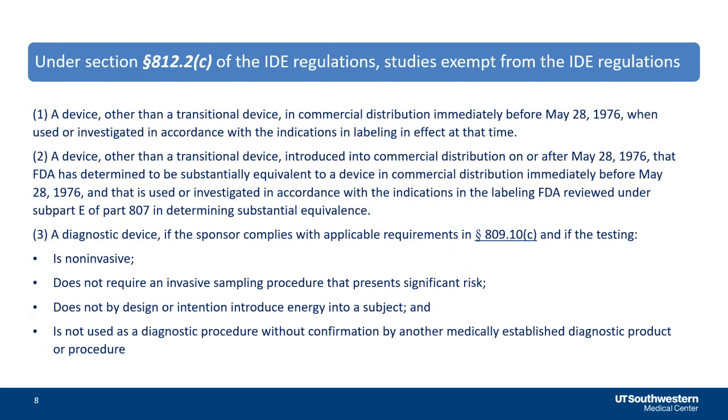Okay. So I previously outlined the different types of devices under IDE regulations. I want to cover those devices that are exempt from IDE regulations first. According to 21 CFR 812.2c, the following studies are exempt from IDE regulations. The first two bullets speak to devices that are considered predicate devices, which are devices that were already on the market before May 28, 1976, or those devices that the FDA has considered to be substantially equivalent to a device already on the market. These devices are also known as 510K devices, also considered to be cleared by the FDA